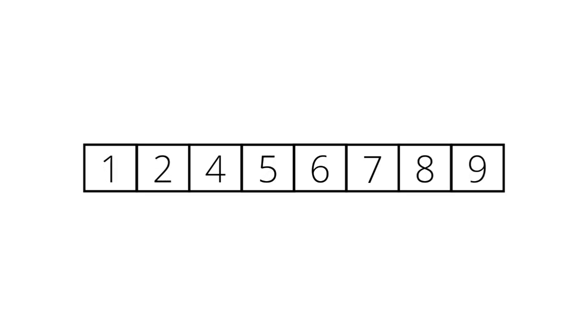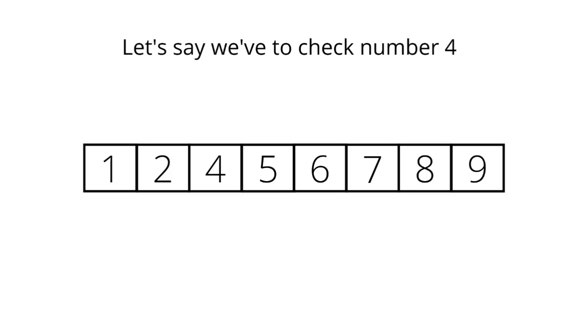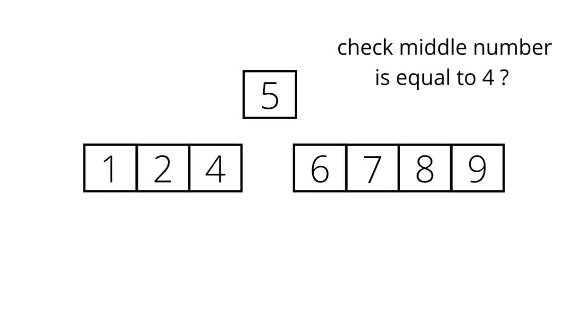We sort the elements from 1 to 9, except 3. We have 8 digits, and we choose the middle number. Okay, first step. Let's say we have to check whether the number 4 is in the list or not. So first we pick the middle element. As there is an even number of digits, 8 digits, the middle numbers will be 5 and 6. So let's take 5, the left number of the middle.